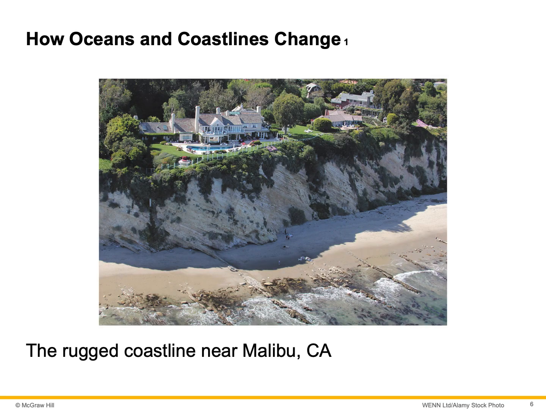Here's the rugged coastline near Malibu in California. As you can see, this has been developed. Malibu was recently on fire and a lot of these homes burned. The rock layers in the cliff here provide a greater resistance to the coastal erosion than the sand dunes present along the Atlantic coast.